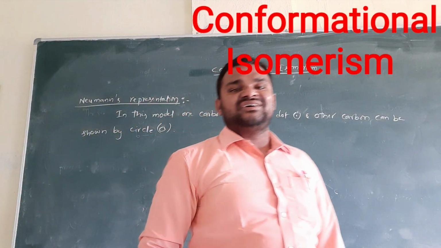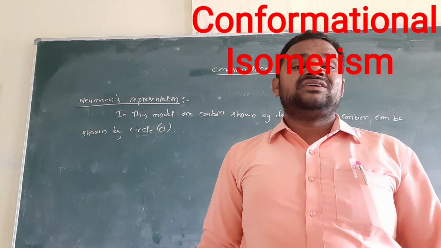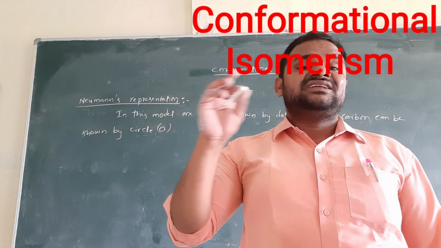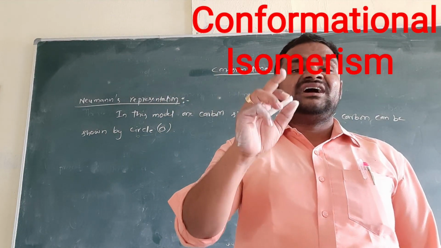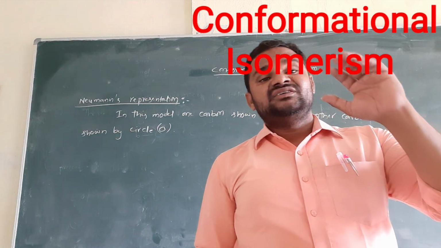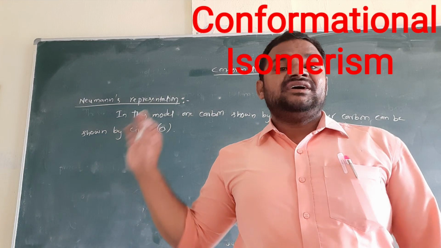We all know that carbon valence is 4. That is why each carbon is bonded to 4 groups with 4 bonds. Remember that the bond between the dot carbon and the circle carbon is not shown, whereas the other 3 groups on each carbon are shown in the Newman's model.